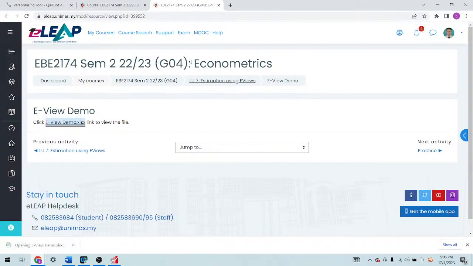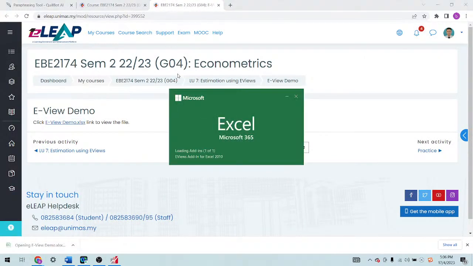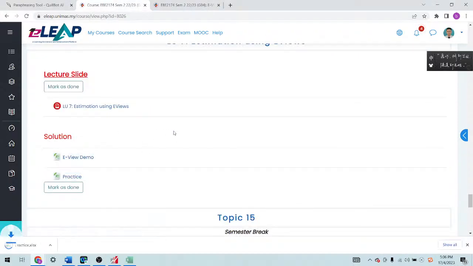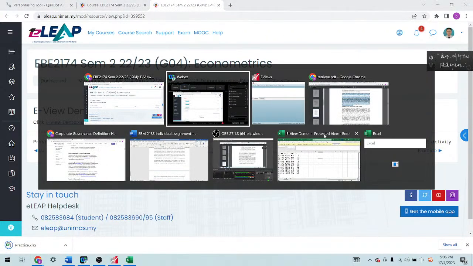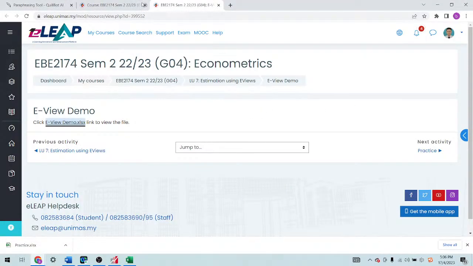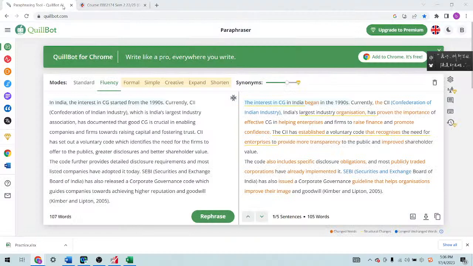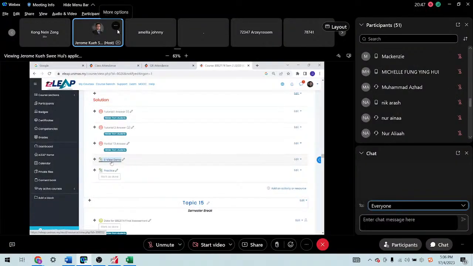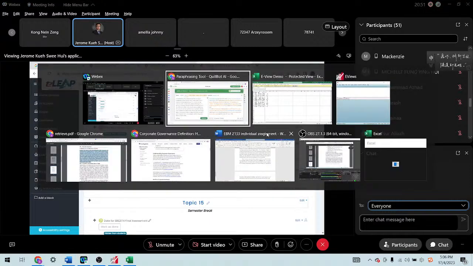One is this eViews demo, and the other is practice. So please download these two Excel files. First for the demo, I will be using this eViews demo. So I hope that everyone is on the same page, because now I will start to discuss this eViews Excel file demo.